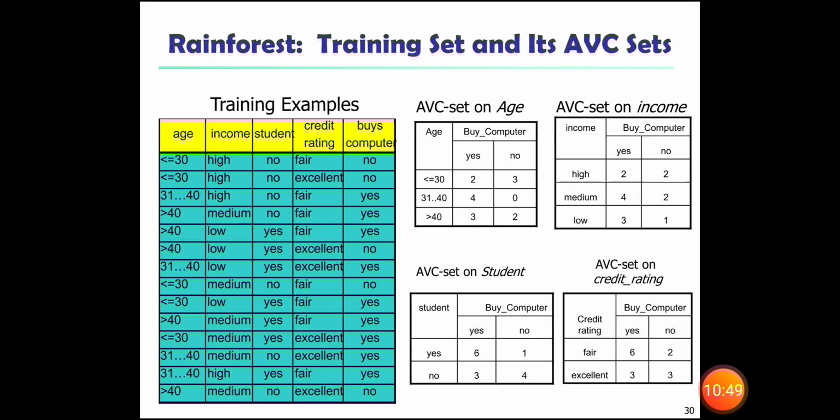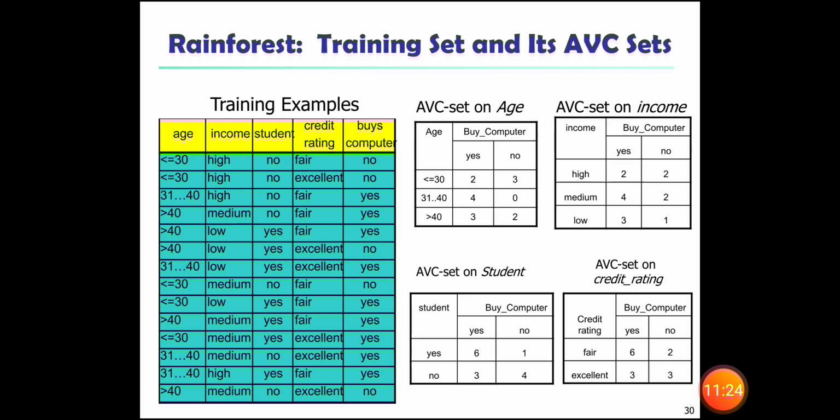If the income is medium, then obviously the possibility of getting a computer will be higher than no. So for medium income, the buys computer yes status is 4 and no status is 2. And if it is low income, then buys computer yes is 3 and buys computer no status is 1.